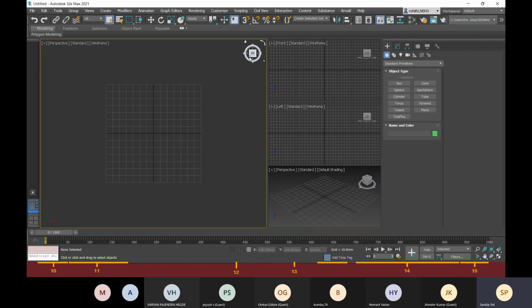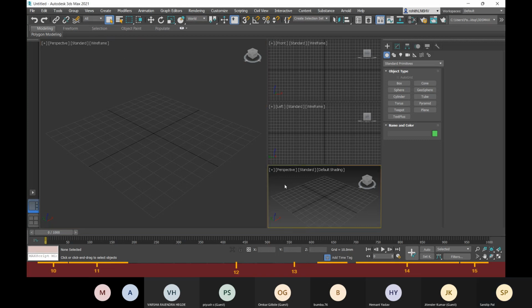All right, so I'm going for this southwest, and I can click on this Z or zoom extents. Here also I have this option, zoom extents all selected, so all the objects will be zoomed here. Now you can see this is highlighted in this yellow border. That means this viewport or this view is currently active, and the view is set to perspective.